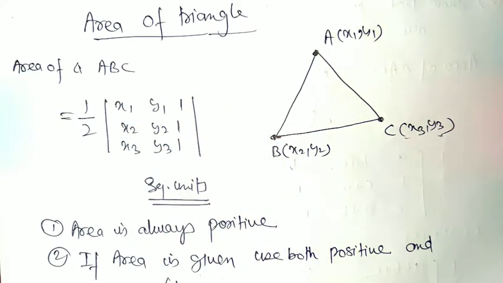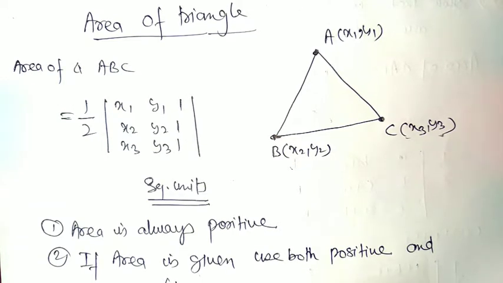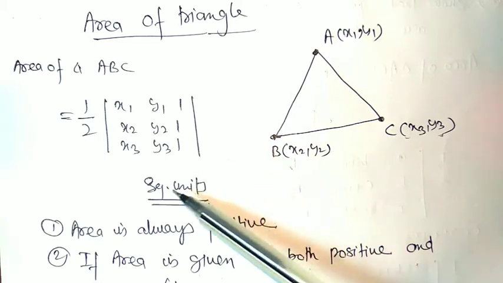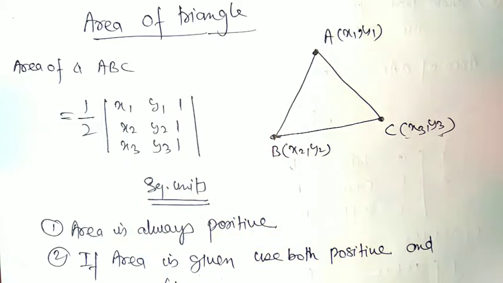Area cannot be negative. Now if we are calculating with points or coordinates, we have to take or assume area both positive or negative for the particular values. But if we are calculating area ABC and we are getting a negative answer, we have to convert this negative answer into positive. Why? Because area is a scalar quantity, so its answer should be a positive number.